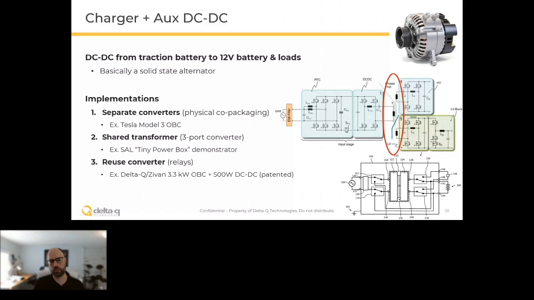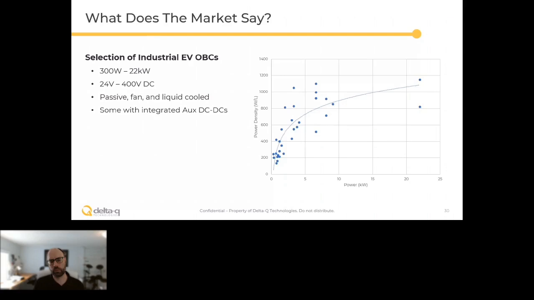So we're almost at the end here. Just want to take a big picture look at, we've seen lots of options, different ways to achieve power density. So what is actually on the market today? This is not comprehensive, but I've looked at a selection of industrial EV chargers. Some are Delta Qs, some are competitors, some are from other industries, but the main thing